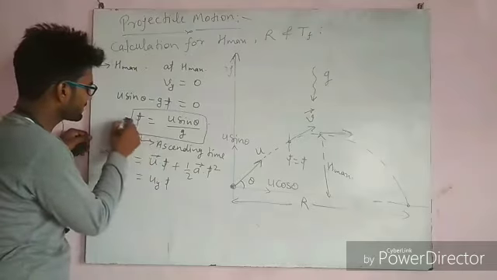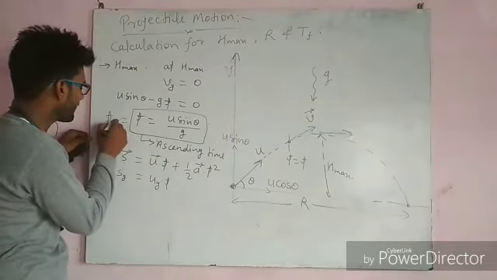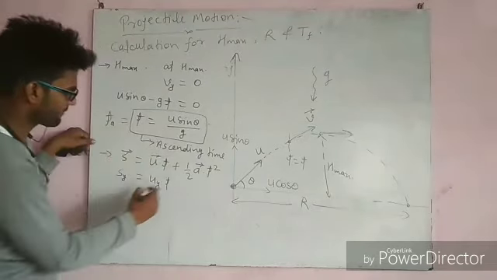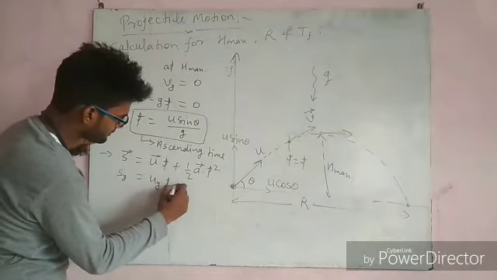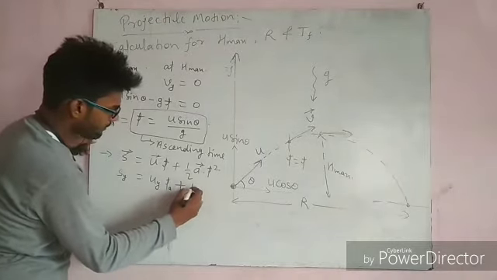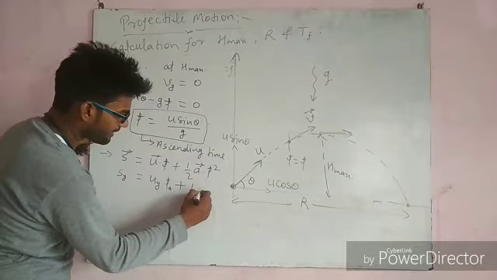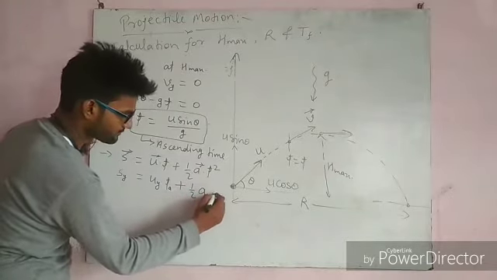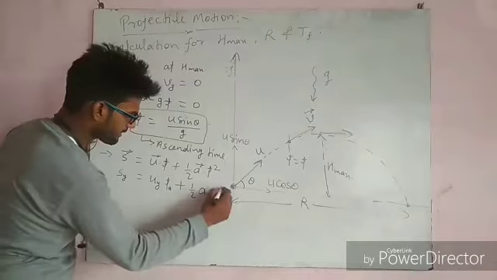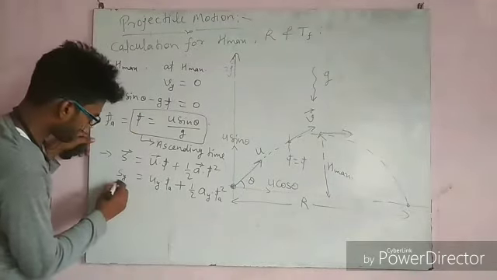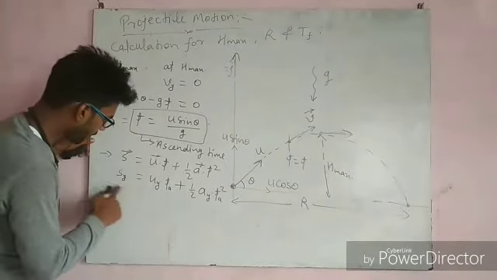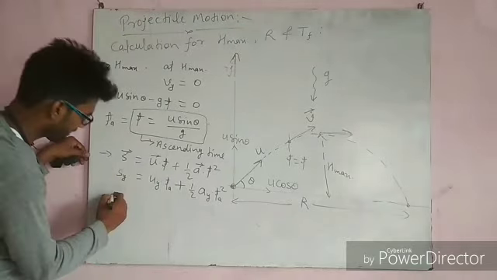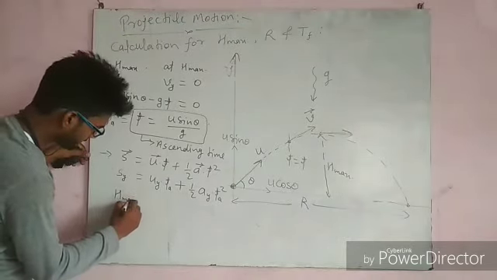What will be t? This is also represented by ta, the ascending time. So we put ta here plus half, and the y component of acceleration, and ta square. So Sy for this time will be h max,